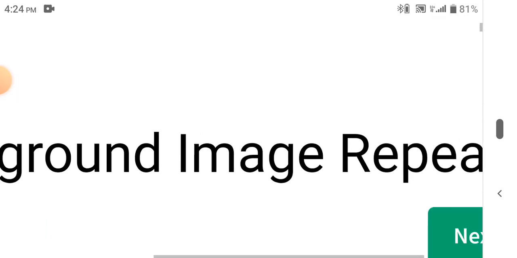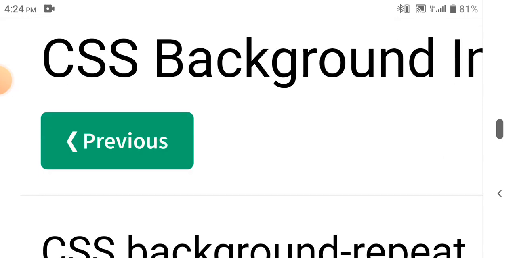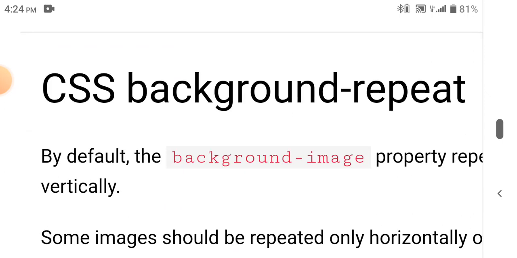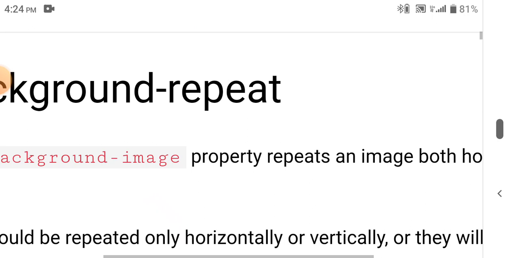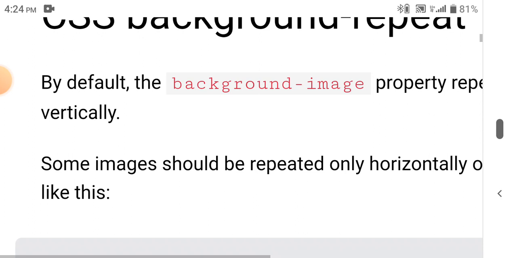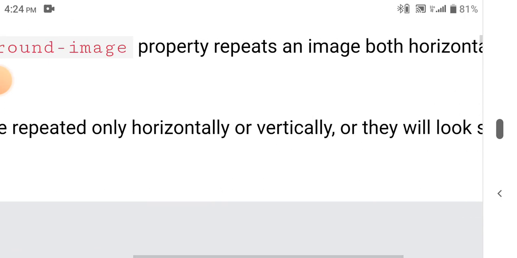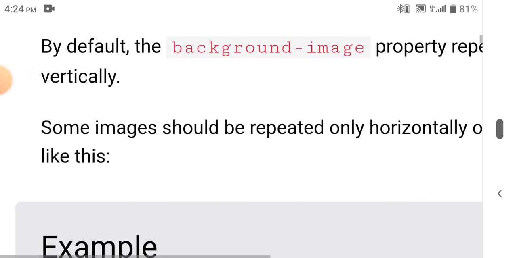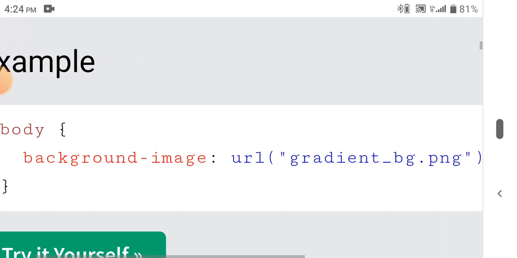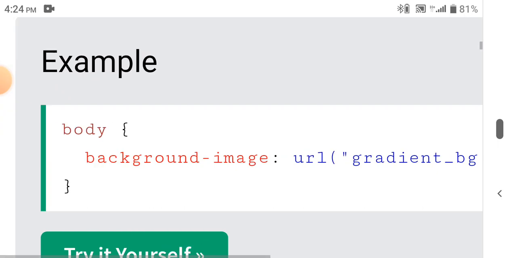CSS background image repeat. CSS background-repeat. By default, the background-image property repeats an image both horizontally and vertically. Some images should be repeated only horizontally or vertically, or they will look strange, weird, like this. body { background-image: url("gradient_bg.png"); }